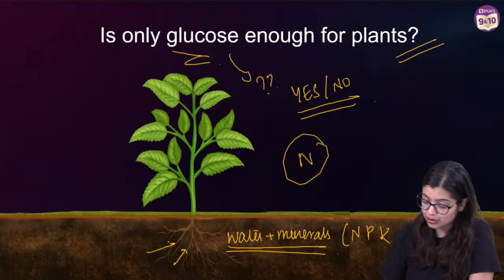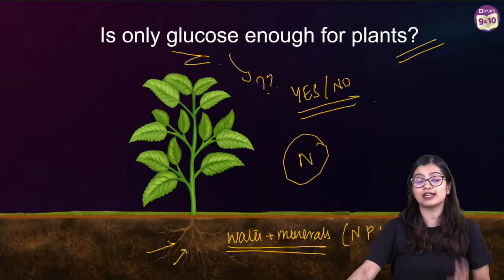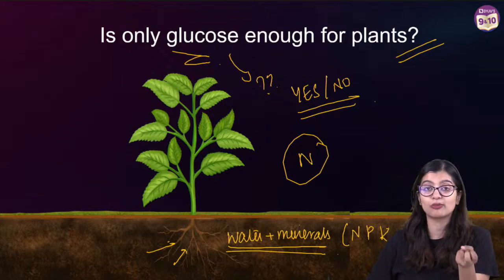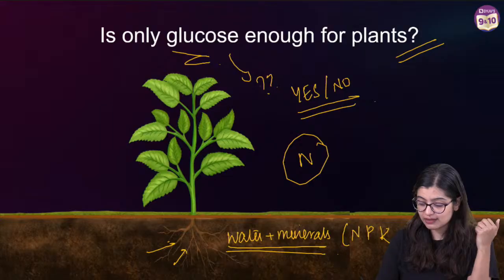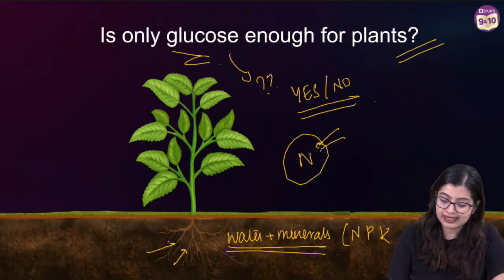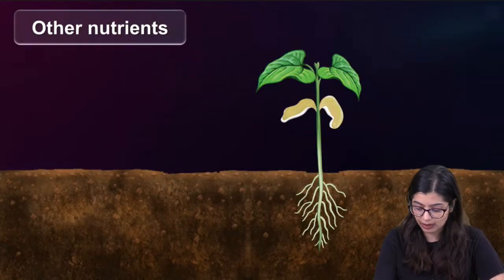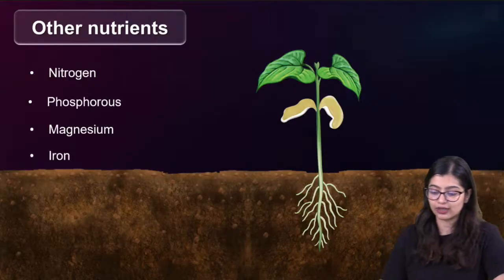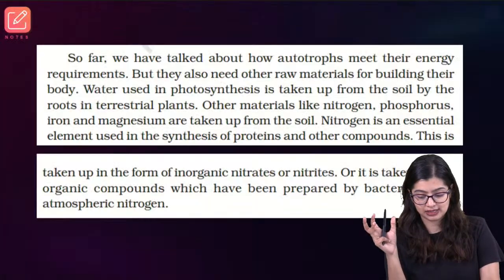Now if you think about nitrogen, it is pretty important, right? It is essential for synthesis of proteins. It is essential for synthesizing important components, even like chlorophyll. Which is why we see that all of these substances are then taken up from the soil. And then they will utilize all of this in order to synthesize substances, right?